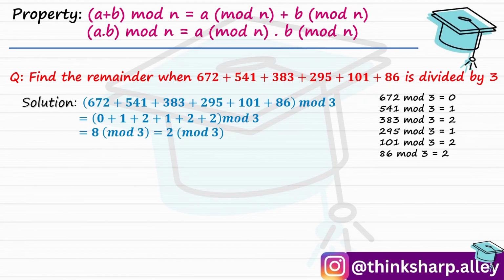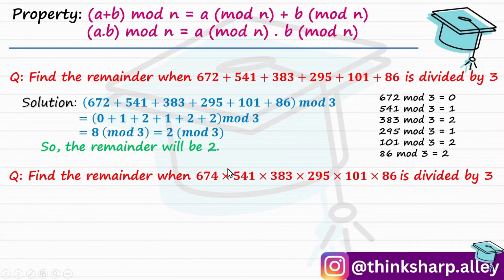So see, big numbers reduced to small numbers. That's the power of modulo. Now let us see the second sum. Same idea, but with multiplication now. So I'll first see individual numbers modulo 3 first,